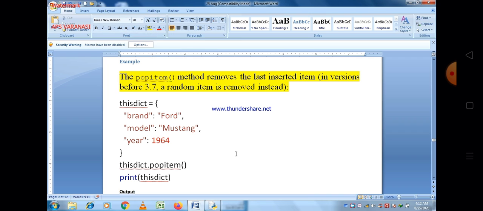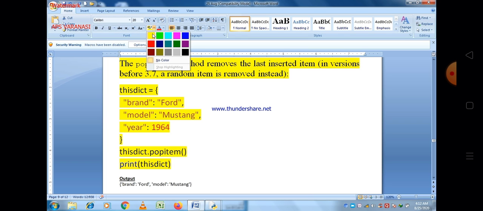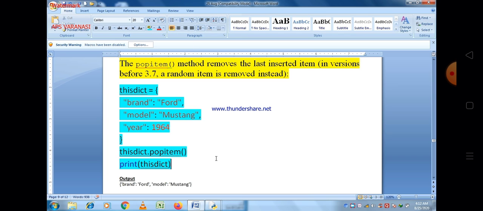Let us see what happens when we try to delete an element using the popitem method. Copy the program and execute it in Python 3.3. Remember that we execute this program using Python 3.3, so any random item will be deleted in that case.